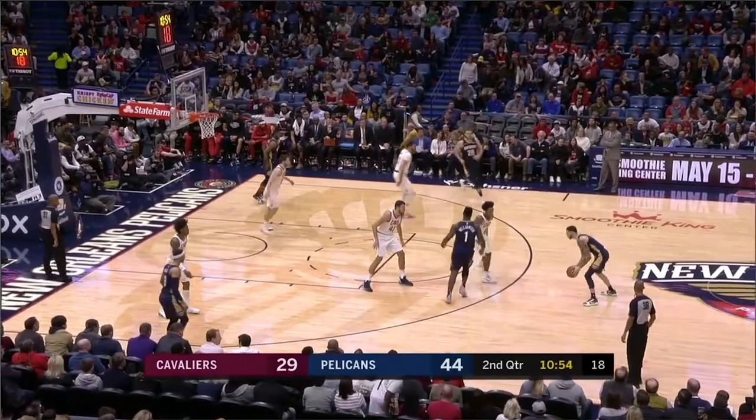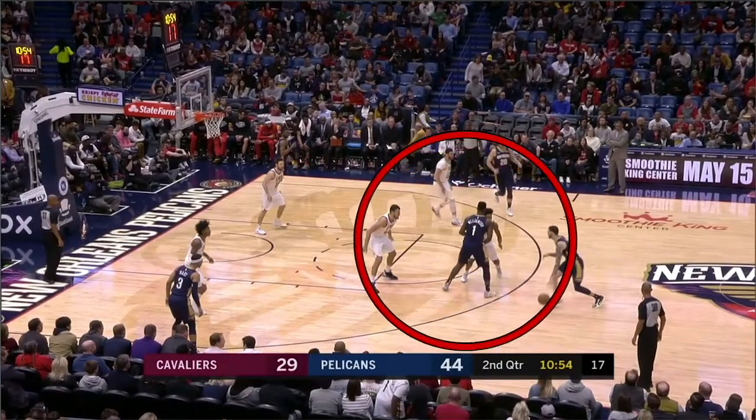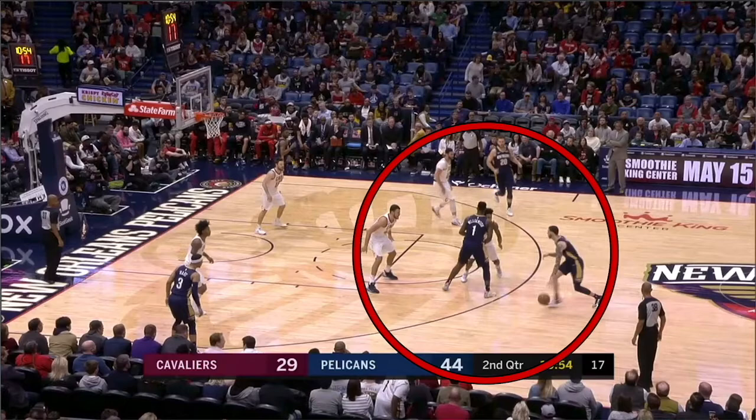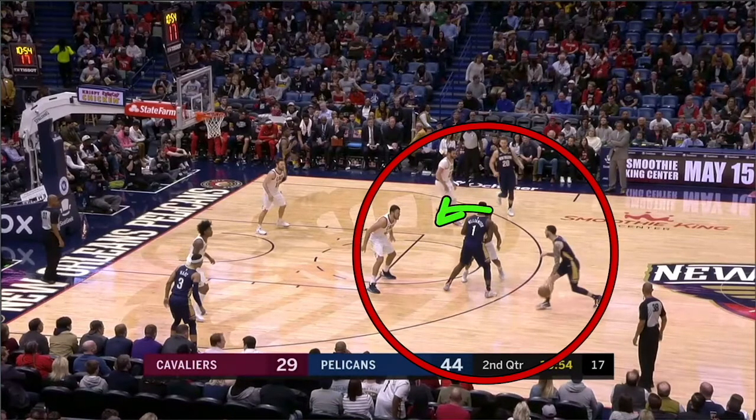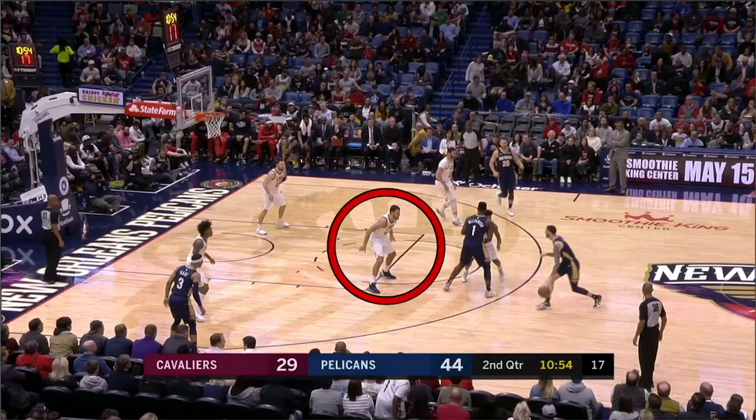So the Pelicans are going to set a ball screen right here. If your ball screen defense is to go under this ball screen, like it looks like Cleveland's trying to do, there's zero reason for this player right here, whose man is setting the screen, to not get up and jam this screener with his body. Okay? Because now this player doesn't have to go nearly as far under. You have got to jam the screener if you're going under, so now you're not giving up open threes.